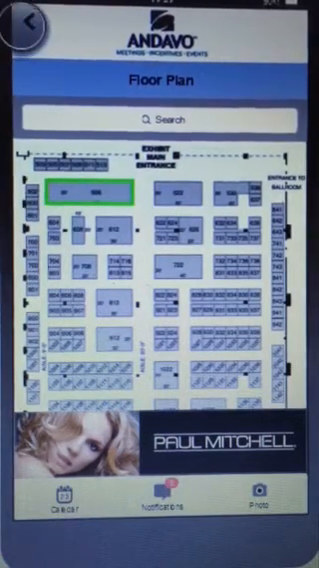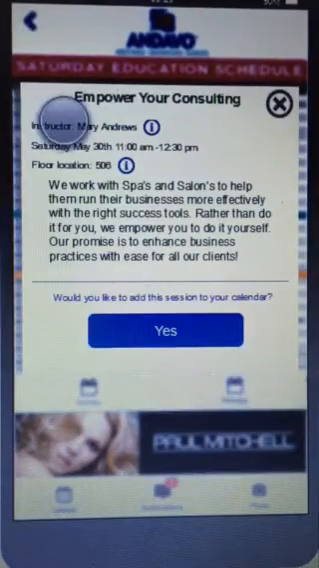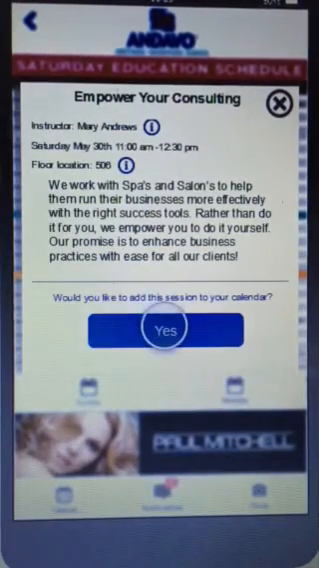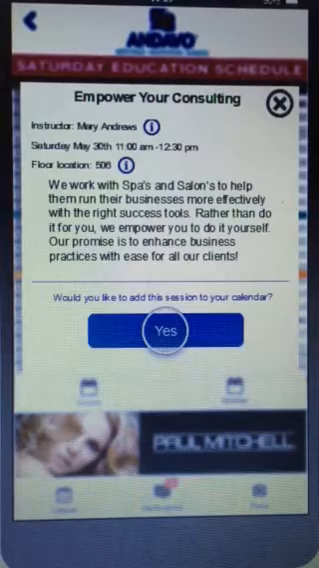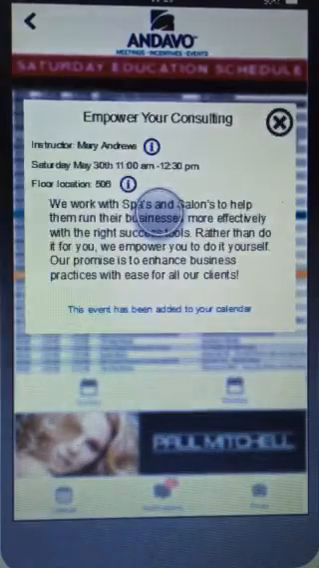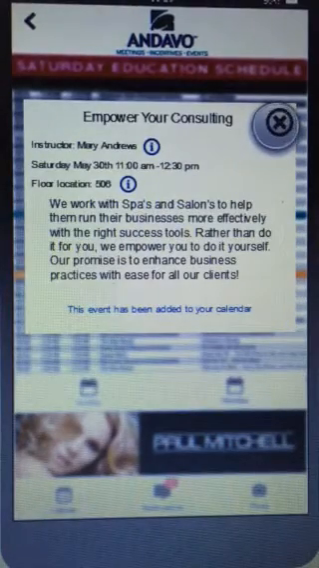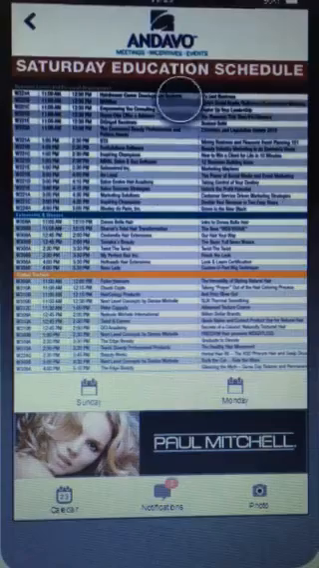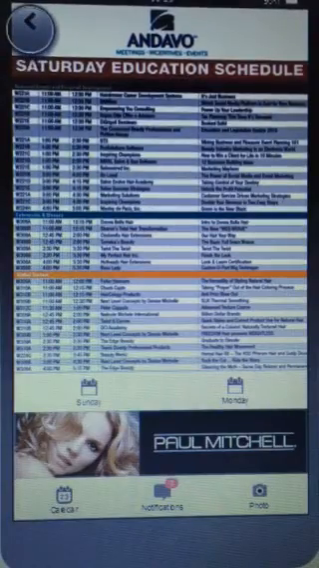If you go back to the main screen here, you can also sync it with your calendar. So let's say you wanted to attend it, you just tap that, it would automatically sync with your calendar and you'd be reminded of it before the class. Going back to the main screen,